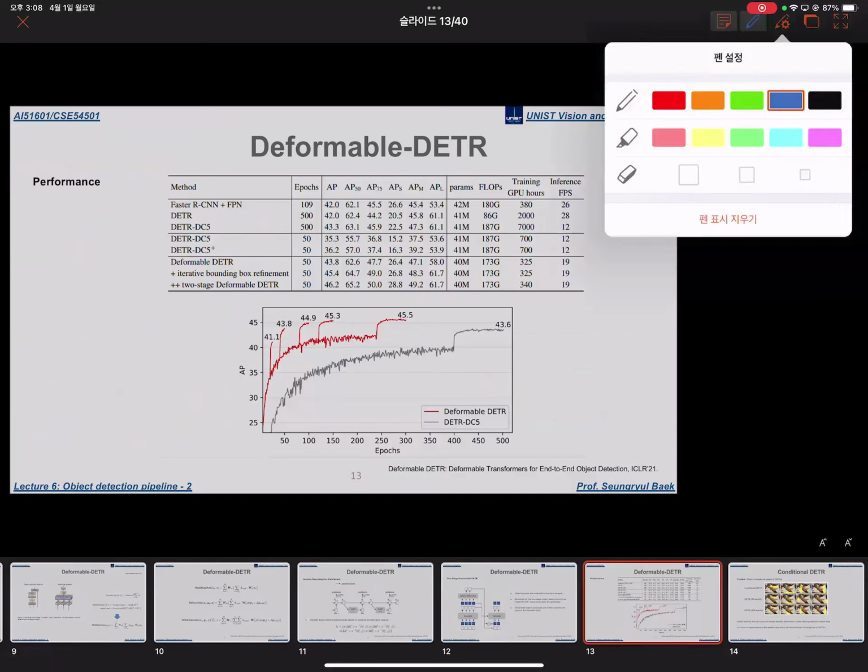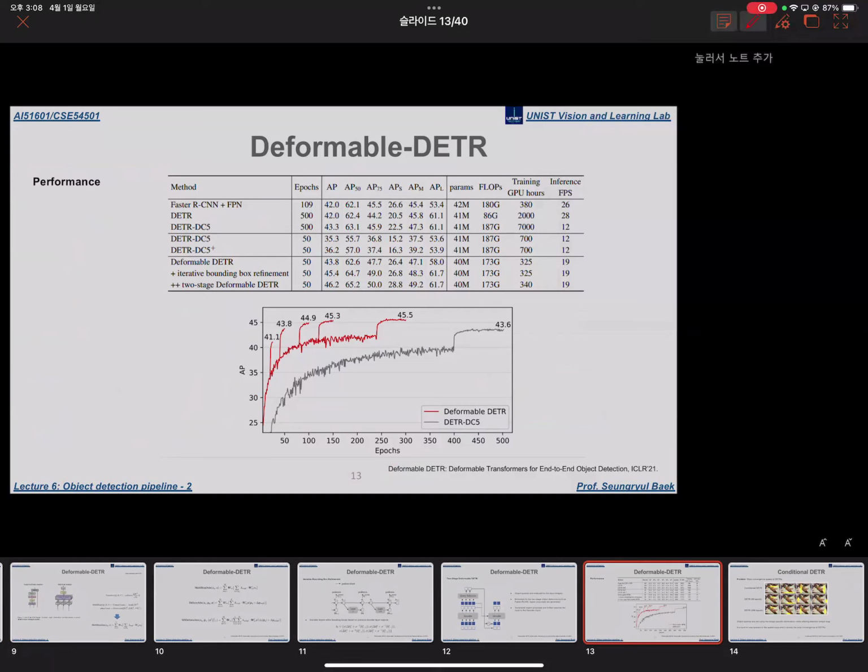So here, they report the accuracy with the two more modules. This is the original deformable DETR algorithm, okay? And this is the algorithm with iterative bounding box refinement. And this is the algorithm with both schemes, okay? And you can see their accuracies are gradually improving, okay? So one important thing is